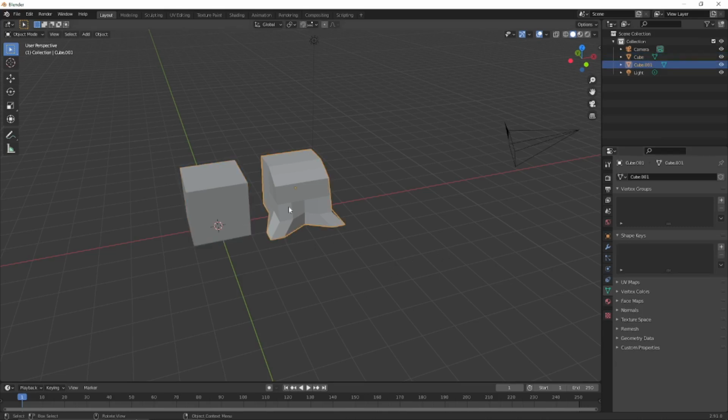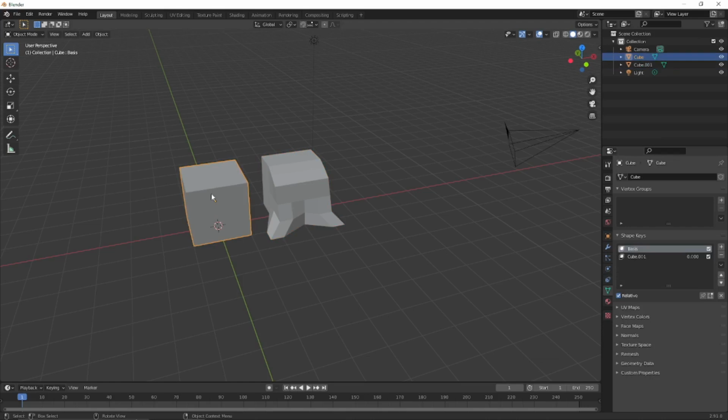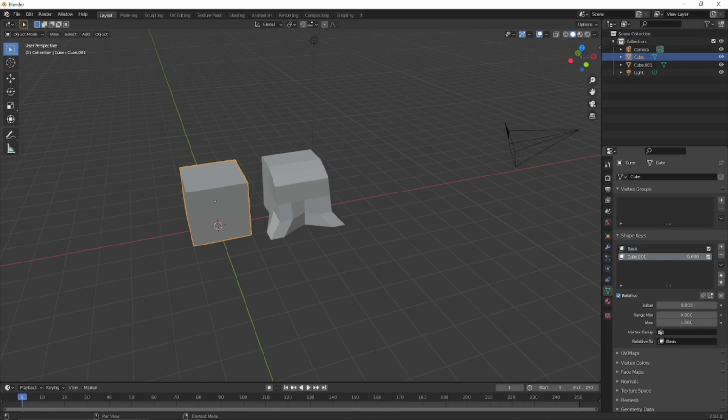Now we can see that our original now has a blend shape here, and by adjusting this value, we can see now that we are blending our original into the blend shape. So at 0, we have the original. At 1, we have fully blend shaped into the other shape,